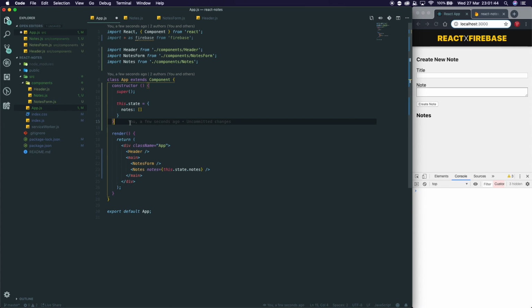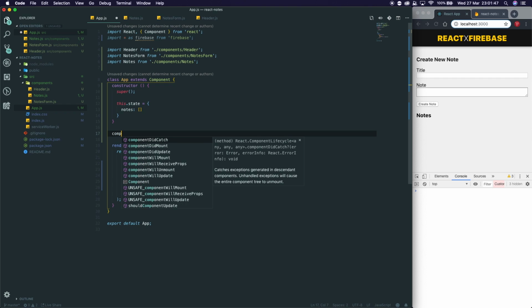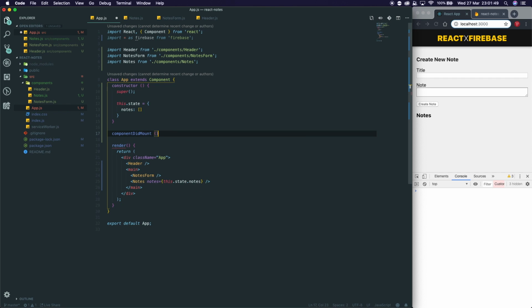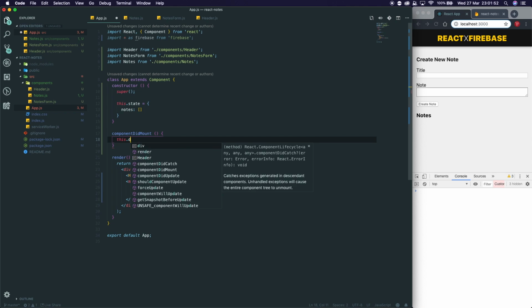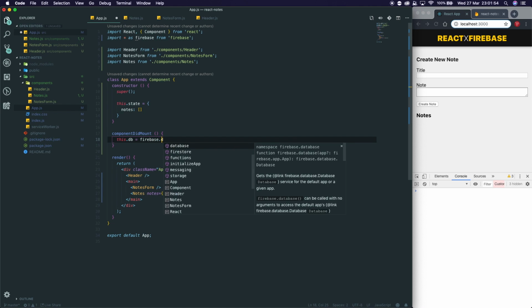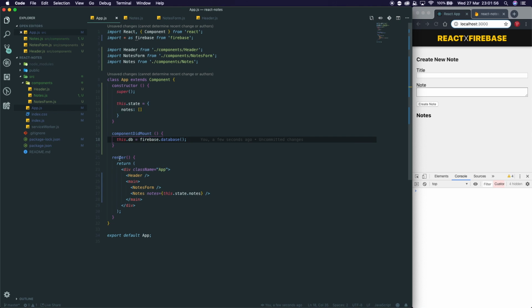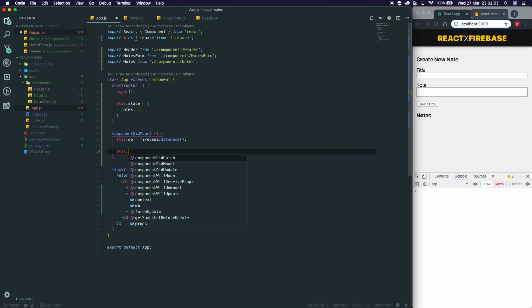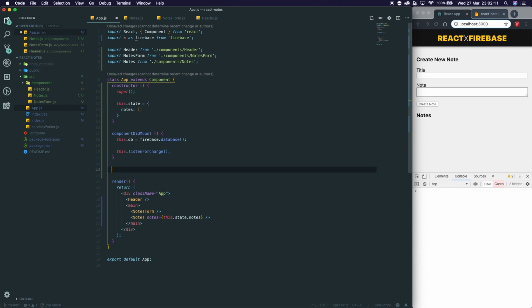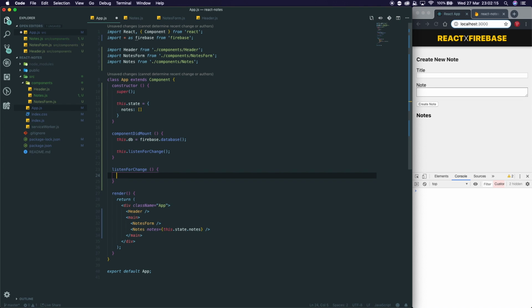Let's create componentDidMount, and in here we're going to say this.db is equal to firebase.database. This is what I was going to do in the other file, but I thought we can show off both ways. So we're just going to set this to a reference, and then we're going to call this.listenForChange, which basically means we're listening for changes in the Firebase database. And now we're going to say